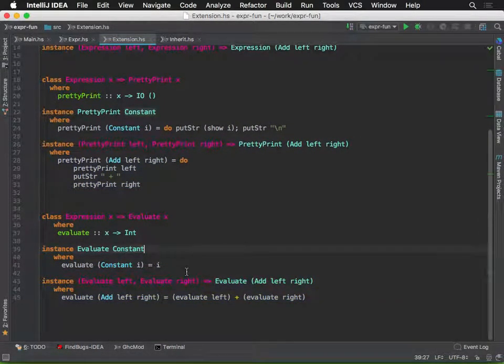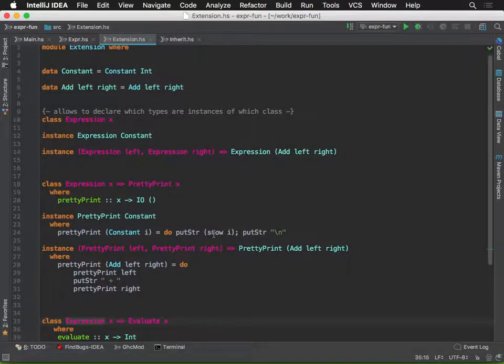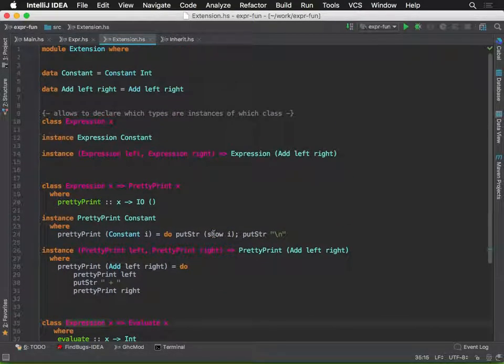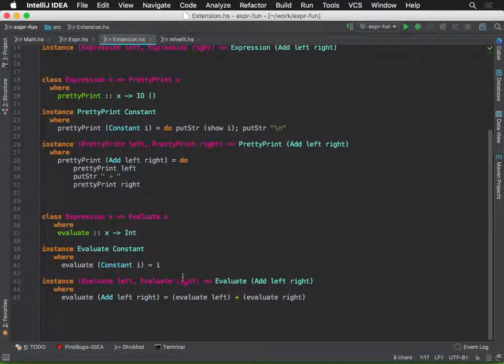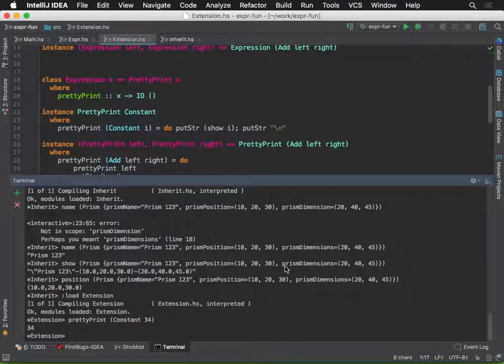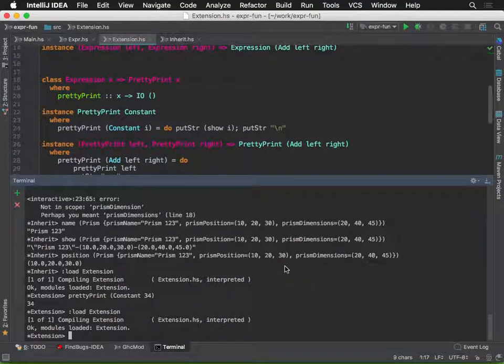By the way, you can have this instance of any of these expressions in any module. Just for simplicity, I am writing it in the same extension module, which is similar to a package. But you can have it elsewhere. So let's try to load it